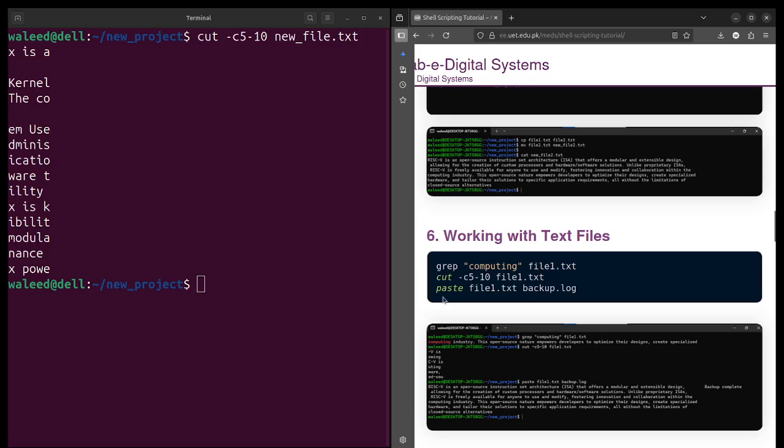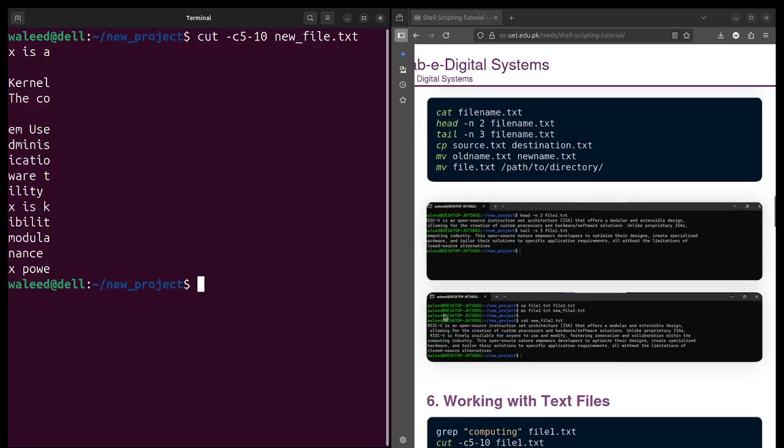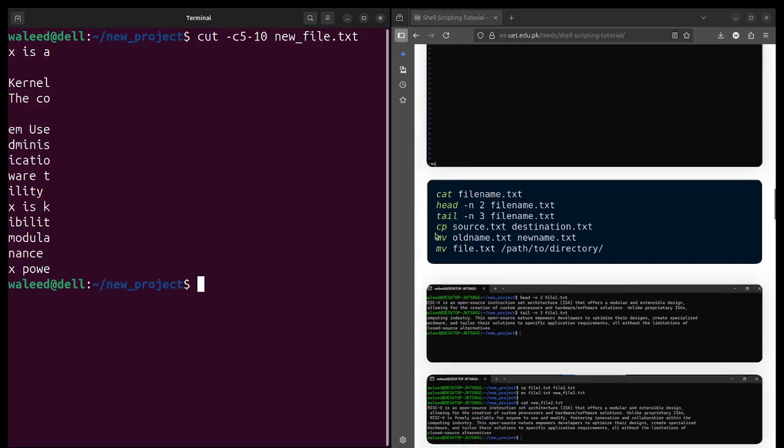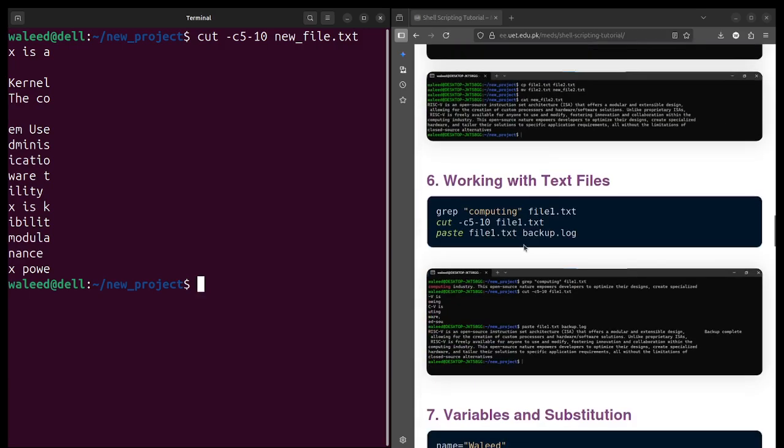Then we have paste. Okay, so above you have used cp as well. cp is basically used to copy the whole content of a file and paste it in another file, while paste is also similar, but it is mostly used to merge two files.